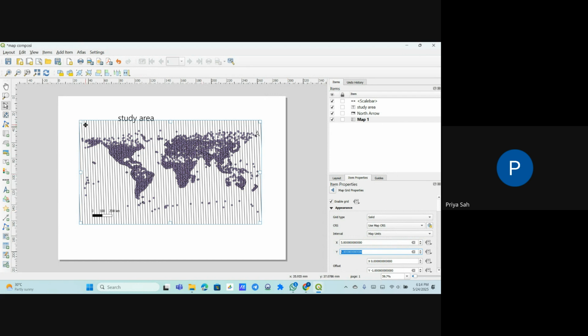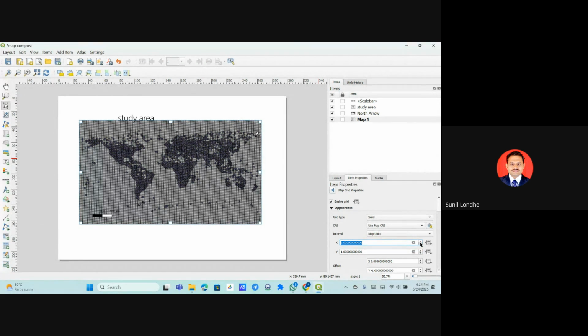ना यहाँ पे, उससे मतलब ये कंप्लीटली मैच नहीं कर रहा है शायद। नहीं नहीं प्रिया, वो पॉइंट जो आपको स्क्वायर दिख रहे हैं छोटे, उसकी बात कर रहे हैं ना? हाँ सर। नहीं नहीं, वो तो आपको शो कर रहे हैं कि ये फ्रेम हाईलाइटेड है। थोड़ा ज़्यादा बढ़ा दिया ग्रिड, कोई बात नहीं, थोड़ा कम कर सकते हैं। X और Y दोनों को प्रोपोर्शनेट रखो, दोनों इक्वल तो स्क्वायर दिखेंगे एग्जैक्ट। और भी कम कर सकते हो तो कम करो। कम करने से वो ओवरलैप हो जाता है, उसको थोड़ा बड़ा करने से 10 या 15 करने से वो ठीक हो जाएगा सर। हाँ, सही बोल रहे, बढ़ा दो।